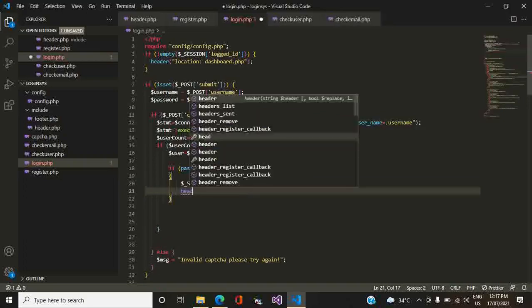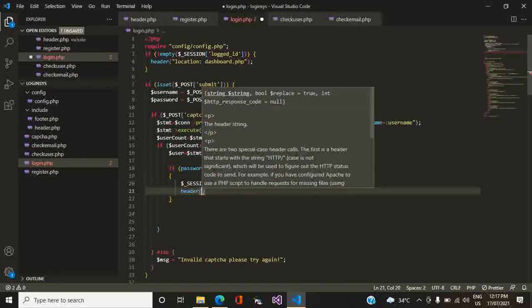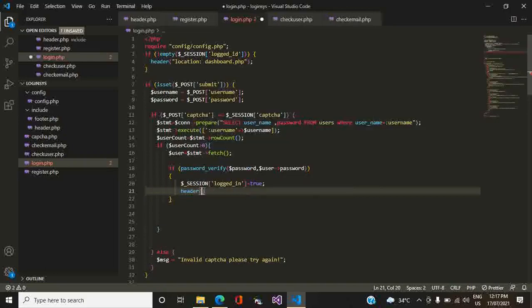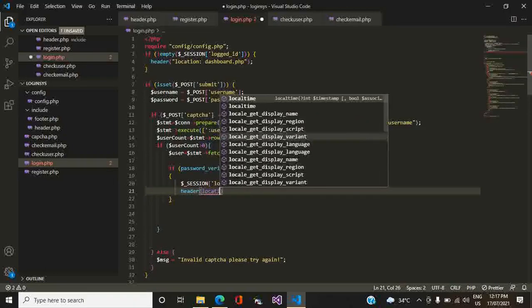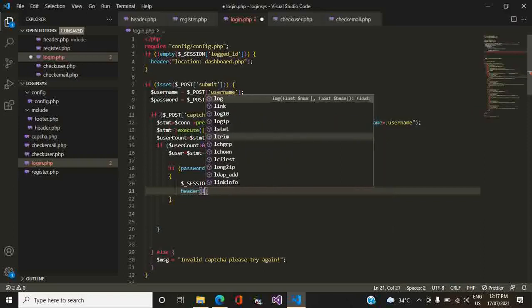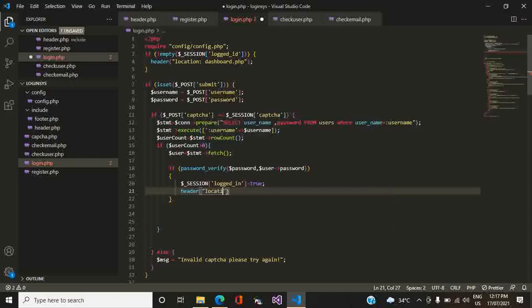Now header location dashboard. Just redirect to dashboard.